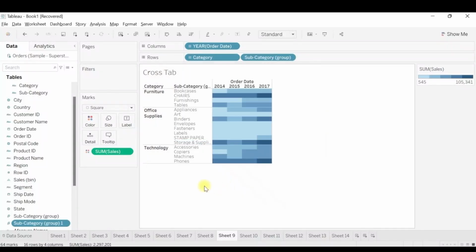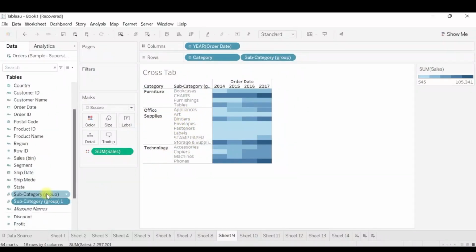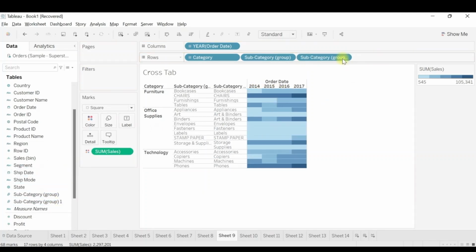Once I do it, you'll see that art and binders are not combined here, because we have to get this subcategory group 1 into the rows. Once I drag and drop it here, you can see art and binders are being clubbed into this particular group. I can push it before this, and once I do it, you can see art binders is being shown as a group, and art and binders are the sub elements of it. So this is another way we can create a group in Tableau.